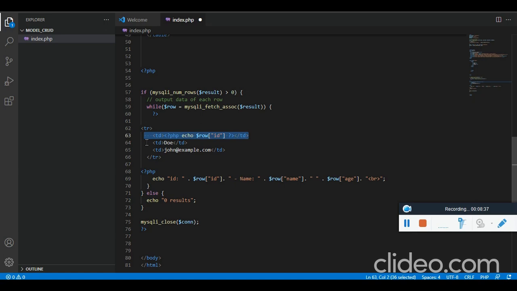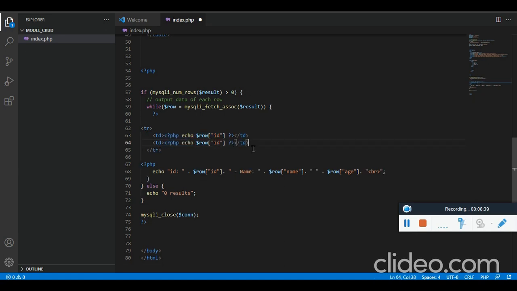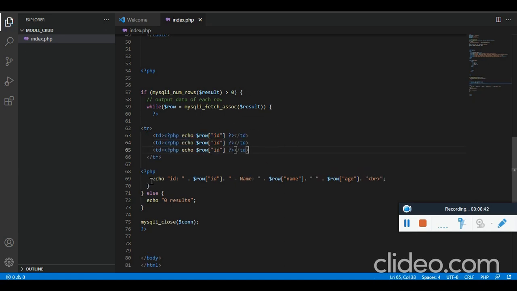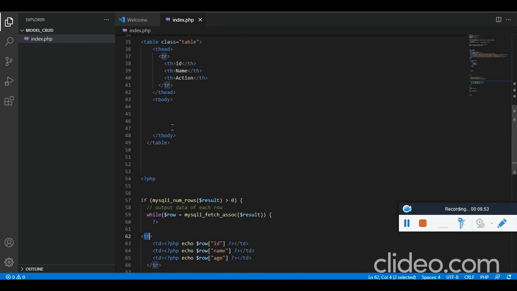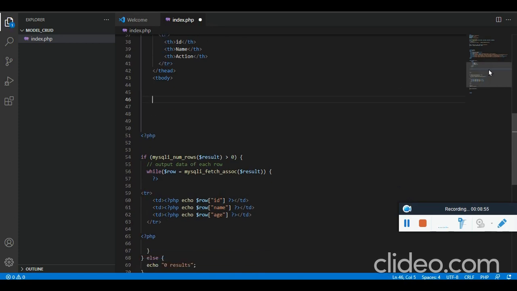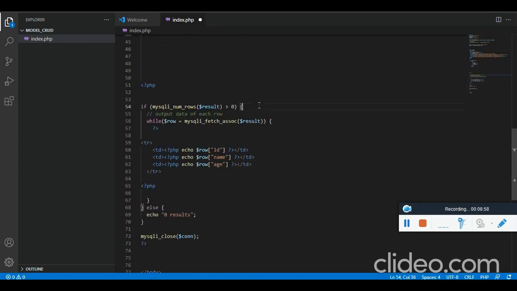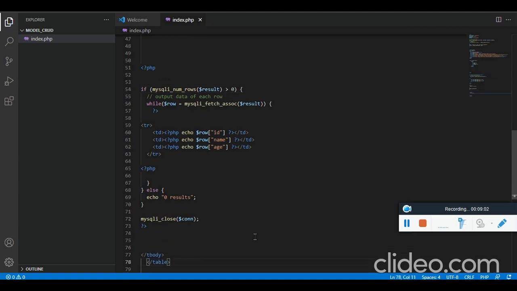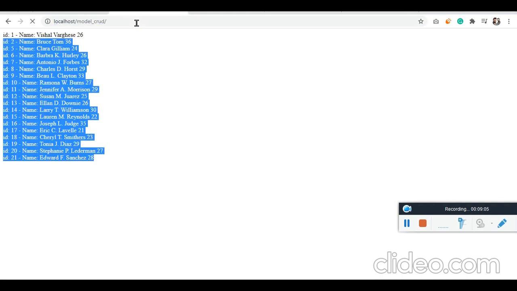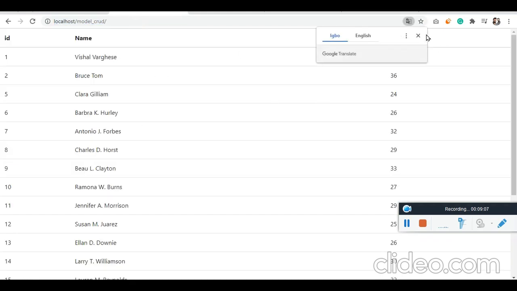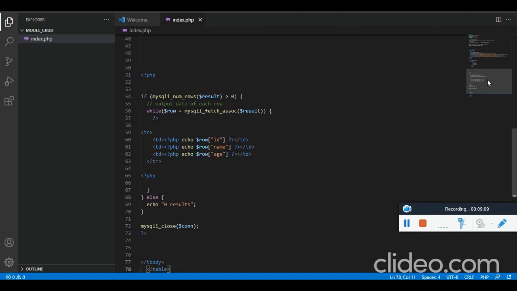The same way copy this twice. Now we don't need this echo part, we need ID and we need age. Let's check whether everything is working fine. So the table body should be after the while loop or the if condition. Let me refresh and check. Cool, we got it.